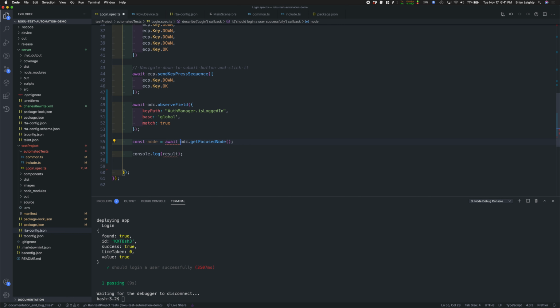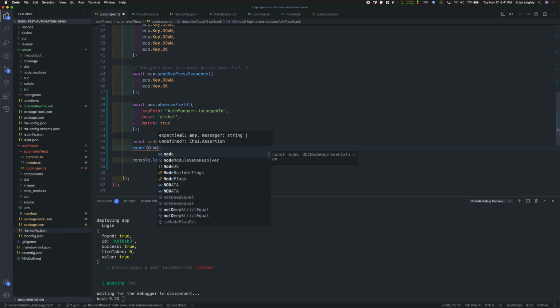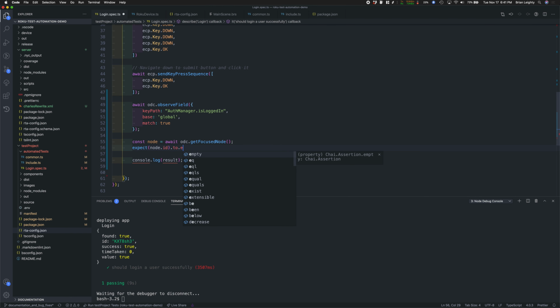What this will do is return a node representation, and if you're familiar with update, it returns the same type of structure, with children and the subtype of it, and you can check all those things against it to make sure they're right. So now I can actually start getting into some expect. So I expect the node ID in focus to equal row list,